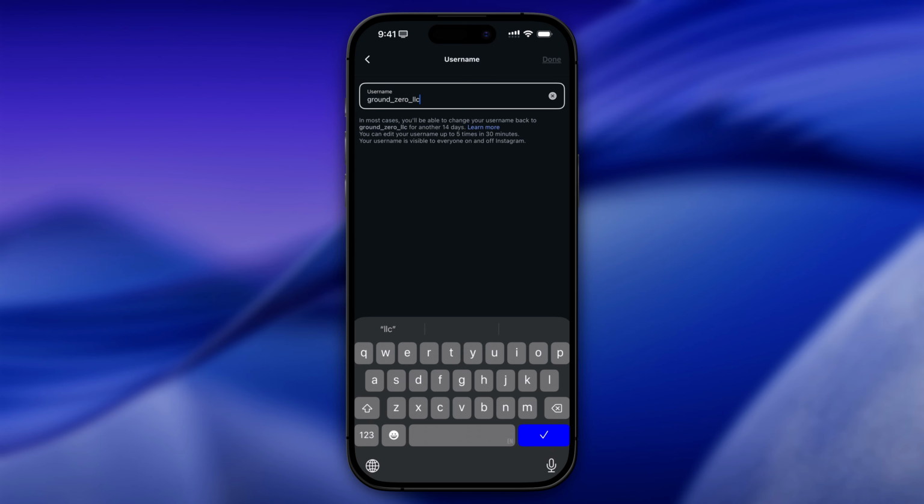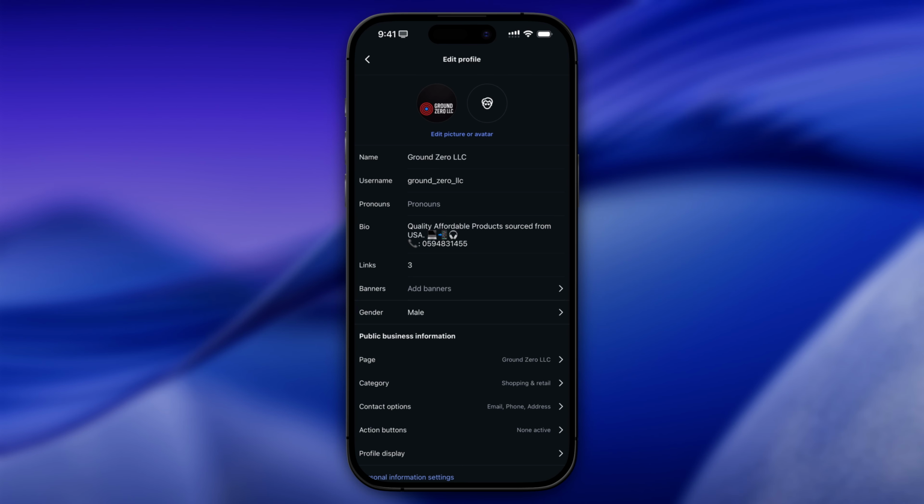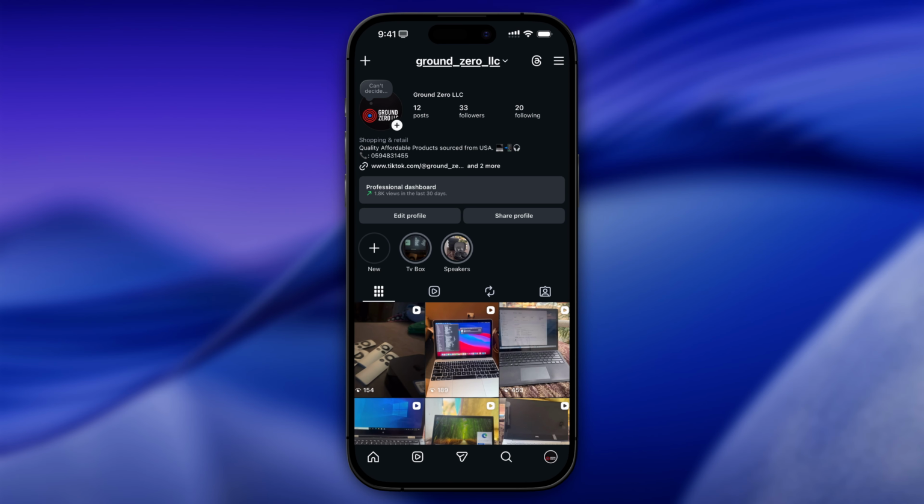So here you're going to change the username here, and then you're going to put in the username that you want, and once you're done, you're going to click on done at the top navigation far right, and your username should change once it's here. I don't want to change it because it's a business page and I don't want it to be affected for 14 days. But that's how to change your username on